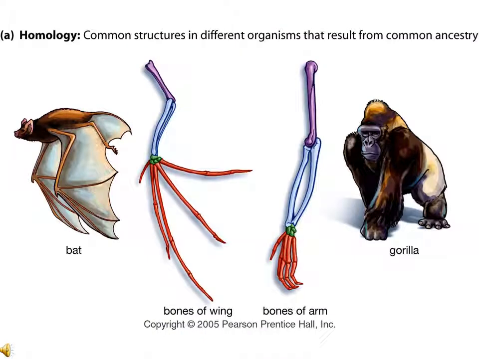Now, the classification system is based on looking at similarity in structure. Homologous structures connote a common origin. Look at the bat wing, look at the wings of a bird, look at the arm of a gorilla. All of them have similar structure, which means that they're homologous and they probably are related. Therefore, all of these organisms have a common origin.